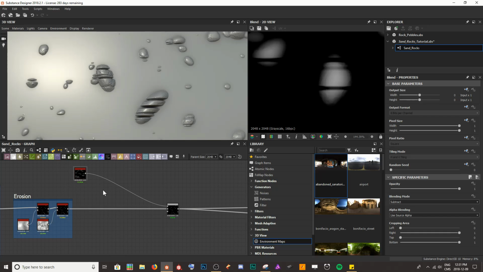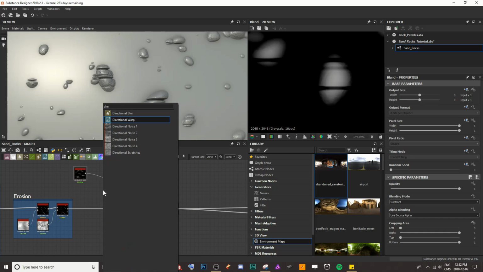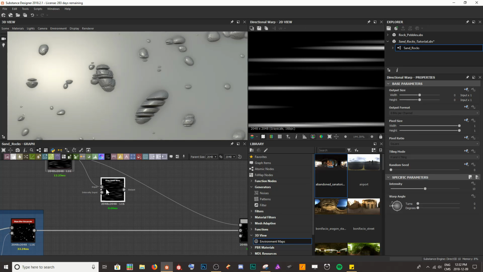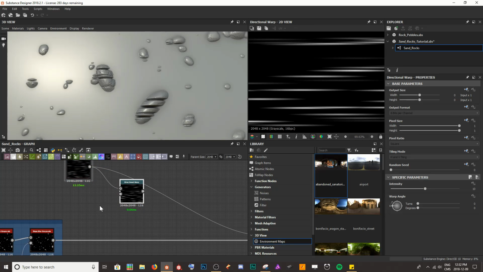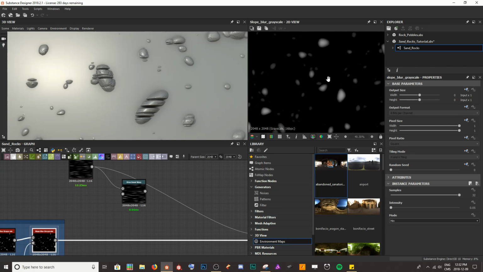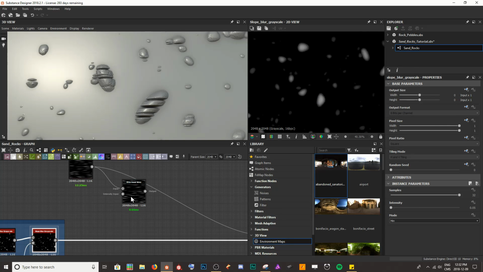Now that's a little bit too man-made and obviously doesn't look realistic, so we're going to alter this a little bit. So I'm going to add a directional warp, and I'm going to plug our scratches into the top input here, and we're going to use this grayscale value from our slope as the gradient input or intensity input of our warp. So we're going to actually use it to warp the scratches so that they curve around the rock like it would naturally. So I'm going to plug this in,